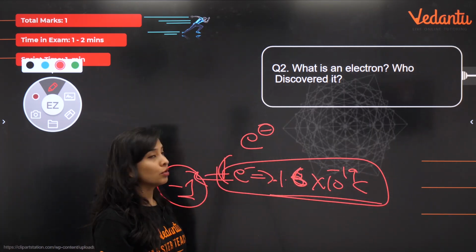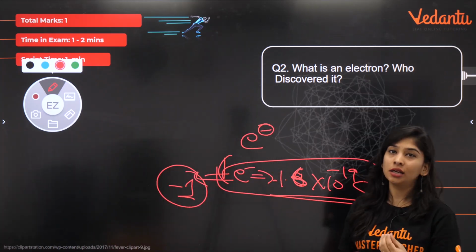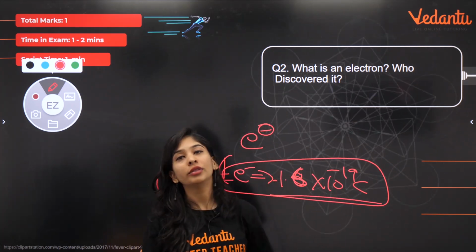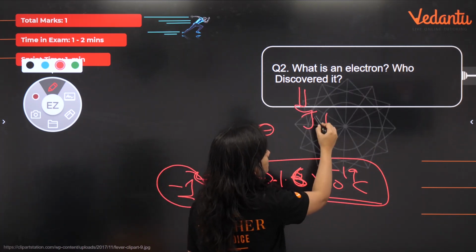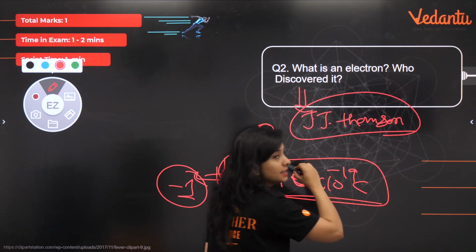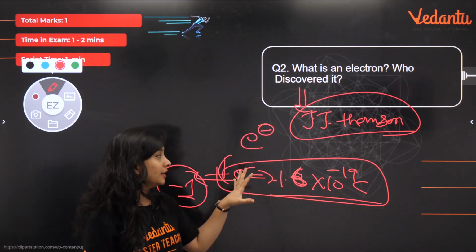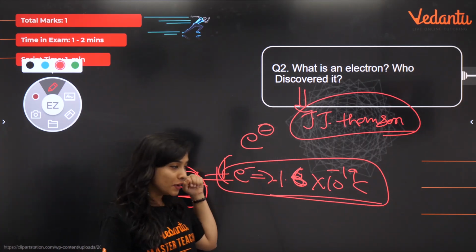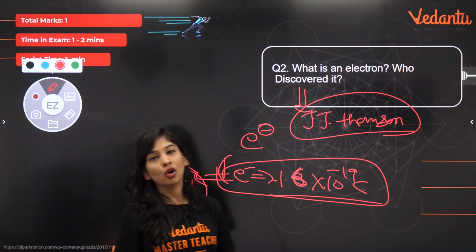तो ये है electron is nothing but negatively charged particle, subatomic particle, which is basically revolving around the nucleus. And who discovered this? The scientist who discovered this is J.J. Thomson. J.J. Thomson in 1896 discovered by a discharge tube experiment that there is some negatively charged particle inside every atom. They were moving towards the positively charged electrode, that was your anode.